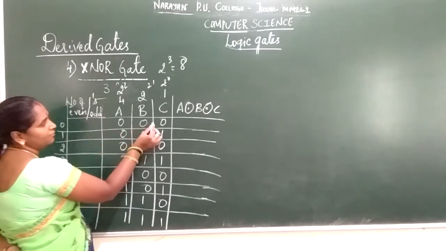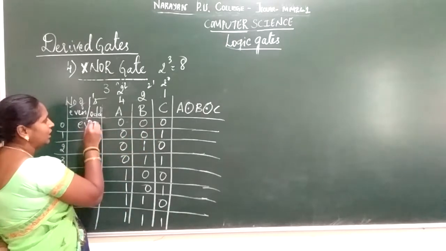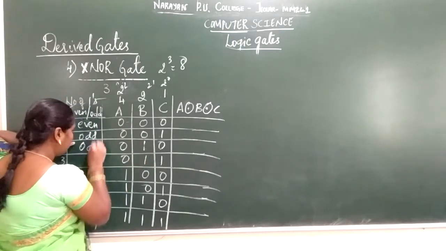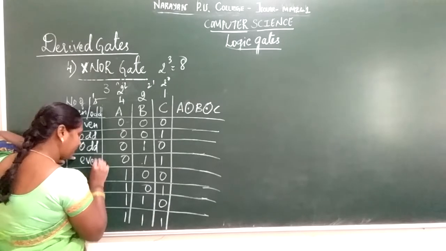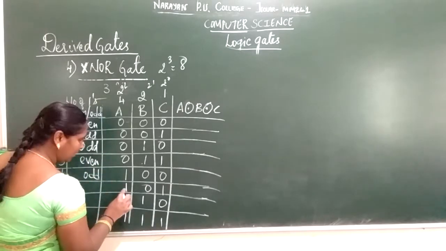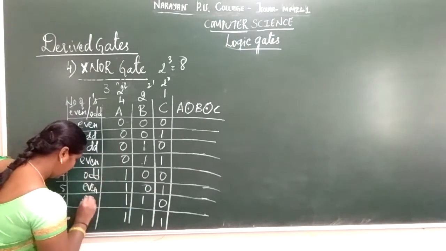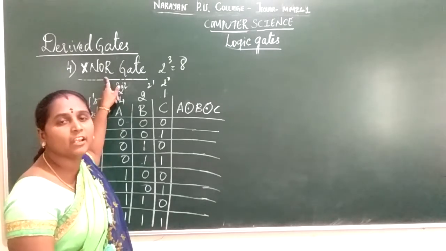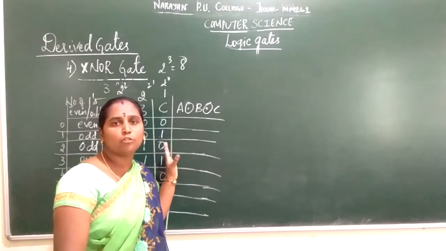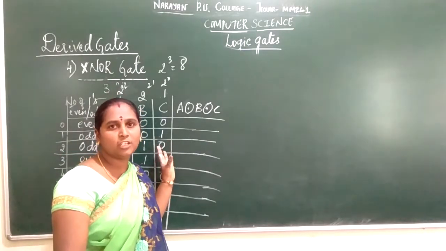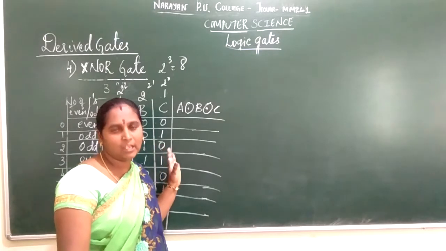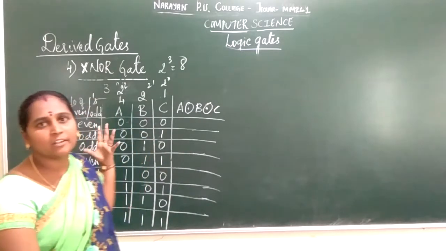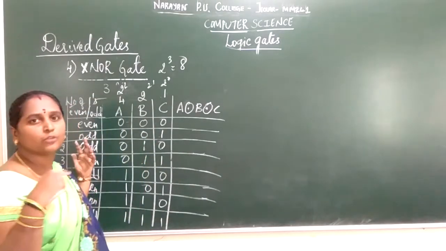So here you represent, that is, the zeros are there, so even; here odd. How many number of ones are there? Odd, even, odd. Here even, odd. So what's the rule applied in the XNOR gate? If it has an even number of ones, the output is going to be high. Or if all the input combinations are low, then the output is high. Apart from that, for an odd number of ones, you are going to place the output as 0. That is the rule in an XNOR gate, just opposite to an XOR gate.